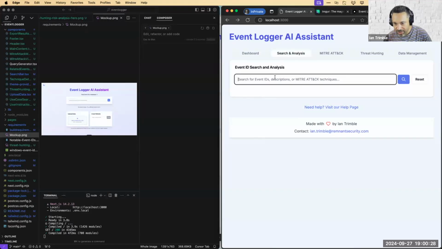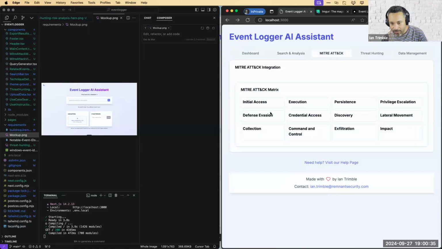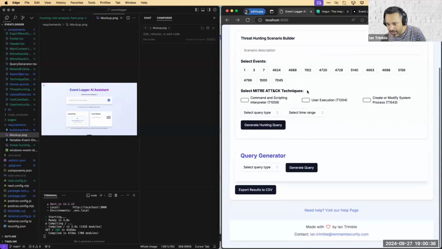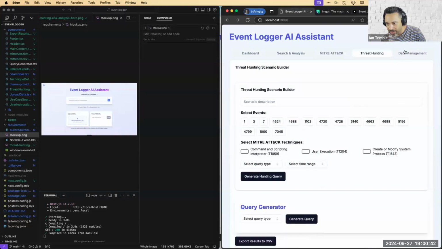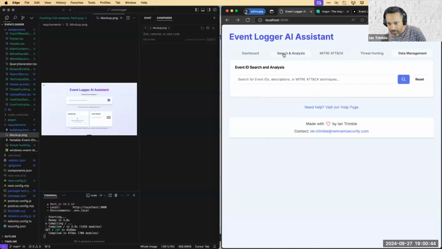So again, I got my search in here. I basically wanted to make it into like a tab interface for my users. I've mapped it to the MITRE ATT&CK framework as well. I can do some threat hunting as well, making hunting queries, export feature, data management. But I wanted to show you, let's do,